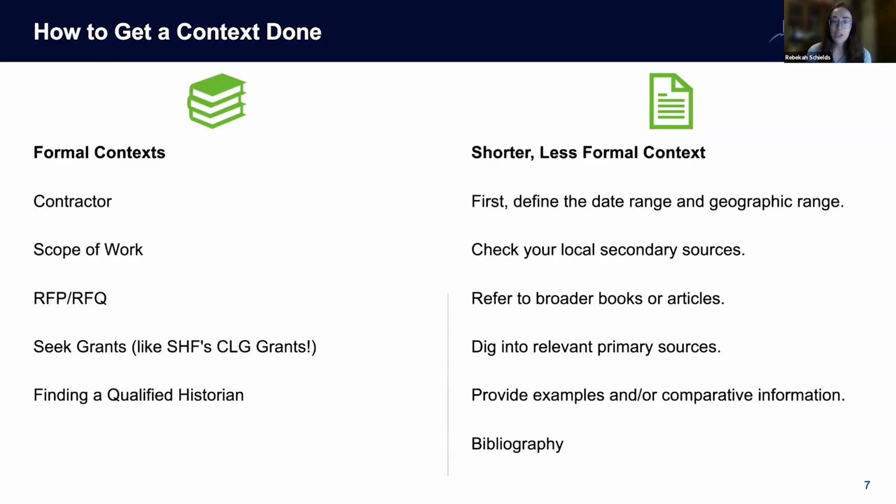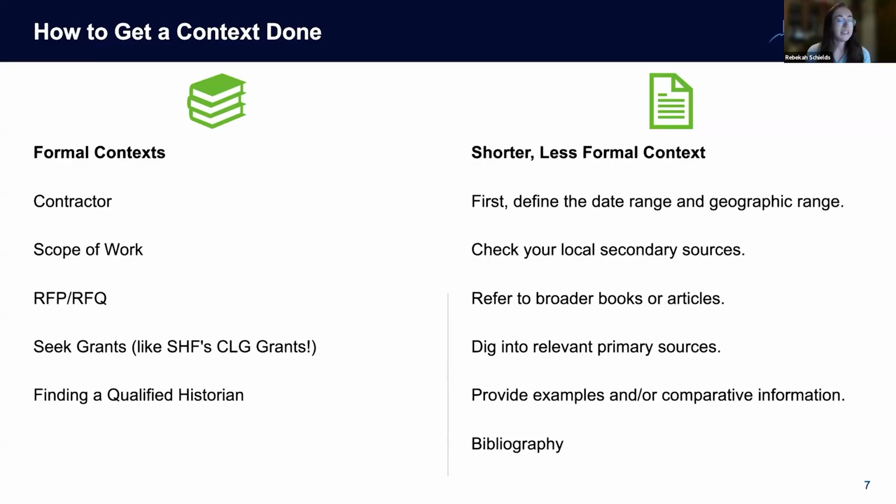If you're going to need the contractor to bring that expertise, make sure to ask them what kind of partnership work or outreach experience they have. What kind of resources can they bring to the table in that respect? Not all historians are experts at community outreach and partnership work.